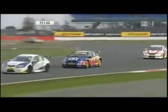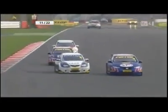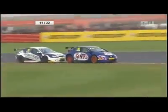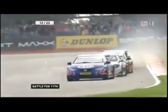Poor old Matt Neal still languishing in 14th, despite some cars dropping out in front of him. Just 2 points for 14th position, points going down to 15th as these guys rattle on down the Wellington straights. Gordon Shedden, I remind you, the championship leader, he's still in 8th place. As Jeff Smith makes Dan Welch go around the outside again. Dan Welch knows he's got some pace into that corner, but it's a bit one line through here. Very difficult to get round the outside unless the guy on the inside wants to give you room, and there aren't many touring car drivers that let...